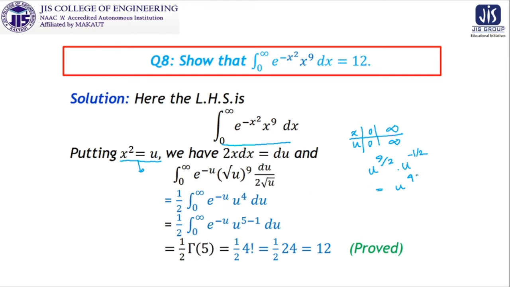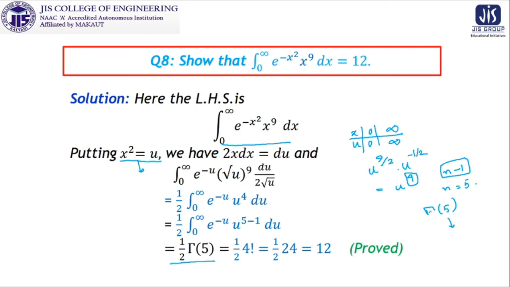So ultimately now this 4 has to be written in such a way that we can write it as n minus 1. So it is very obvious that n will be 5, because n minus 1 equal to 4 means n equal to 5. So we can write it as e to the power minus u, u to the power 5 minus 1 du. And the formula gives us the information that it will be half gamma 5. The beauty is that in the last problem we got gamma half, and in the problem before that we got gamma 5 by 2. Here we are getting gamma 5, where 5 is a positive integer.